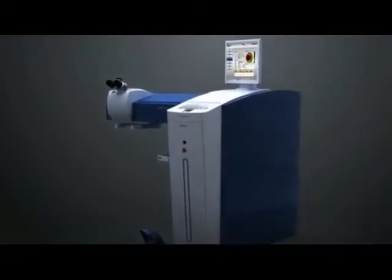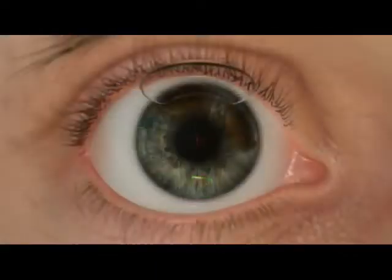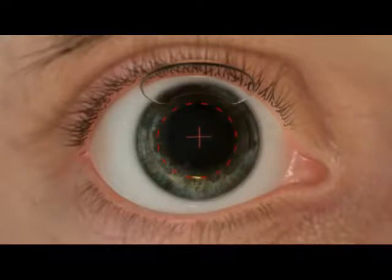The Wavelight EX500 excimer laser features a completely sealed, nitrogen-flushed beam path that is checked in 3 separate locations for energy and consistency, thus setting the standard for both laser precision and durability. Pupil dilation causes pupil centroid shift, or a shift in the visual axis. The Wavelight EX500 excimer laser is able to compensate for centroid shift and make necessary adjustments to align with the predetermined